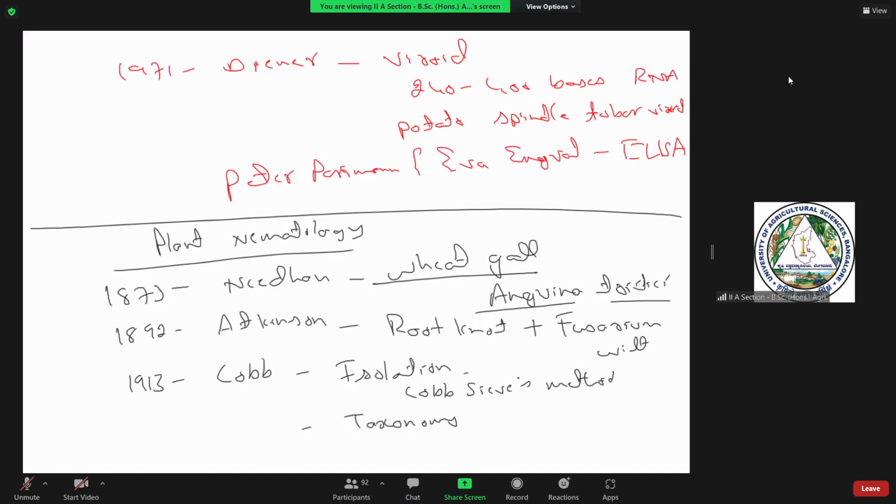At the last, in 1958, Hewitt discovered the nematode as the vector of plant disease. A vector is basically like your mosquito, which carries dengue and other things. In plant diseases, there are several vectors, including your insect vectors. Hewitt was the first person to show that nematodes can also act as vectors.